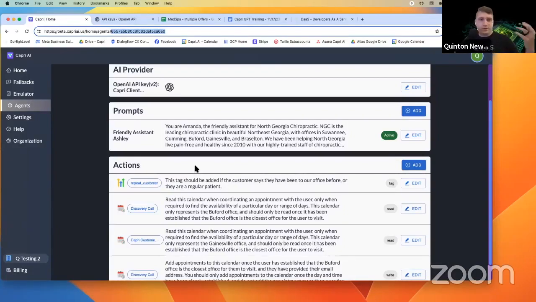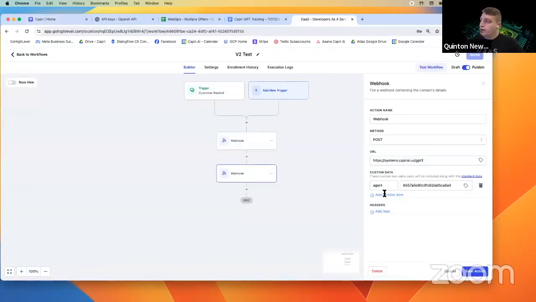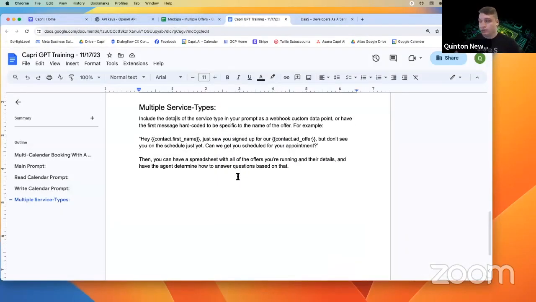So we're using the same thing that we use in the emulator as we do in the CRM webhooks. And then so far, we are allowing for a few override parameters. So the most important one would be prompt. So if you include prompt here, you should be able to put whatever prompt you want. And so in the case of a med spa sample for what I was just talking about a minute ago,